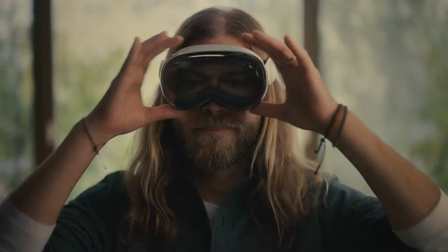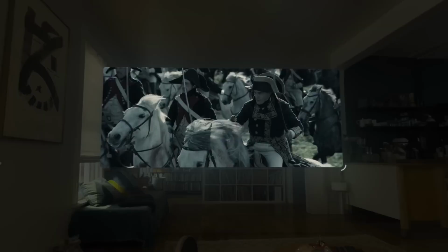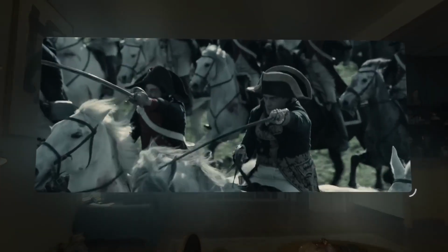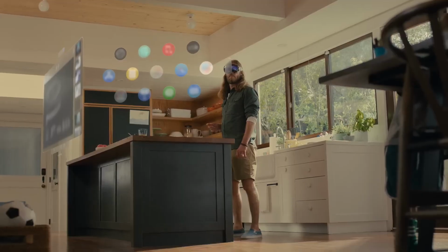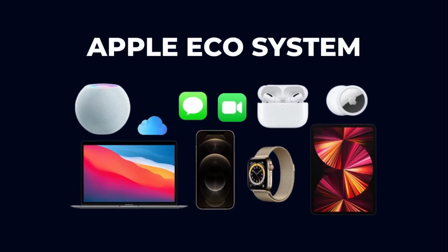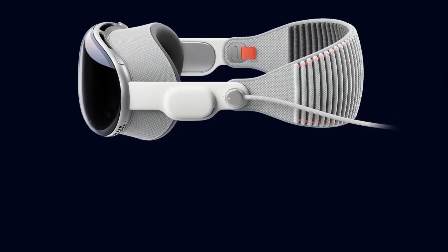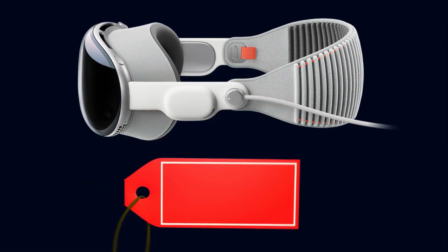Their device also tracks your eye pupils when you put on the headset. This eye tracking technology is used to figure out which UI elements the users are looking at. This way, they can select stuff in virtual reality. Apple products have always worked well with other devices in the Apple ecosystem, and the Apple Vision Pro is not shy of this feature. It was released with a staggering price tag of